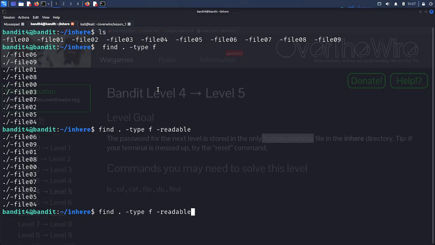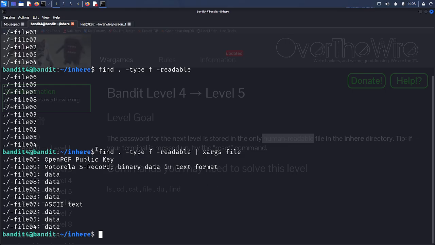Okay, now we can pass in some more arguments. Now, this one is a command that I'm just gonna show you what this does. So we're gonna do again, find this directory, type, file, and it's a readable file. Then we're typing it. Think of this command as a looping command. So what it's gonna do is loop through every single file to look for something out of the ordinary in the file. So if we hit enter,